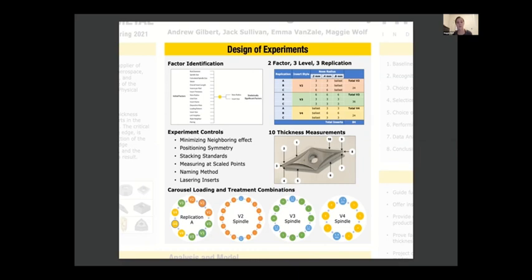Once the PVD machine was run and our inserts were coated, 10 scaled measurements of the thickness were taken along the inserts. In this DOE, we instituted many process controls to try and avoid experimental error in the impact of noise factors. However, due to the complexity of the process, possible errors were considered an undeniable risk.